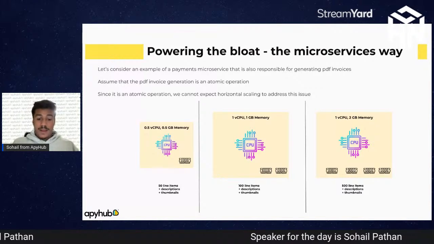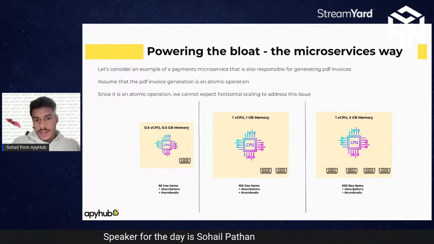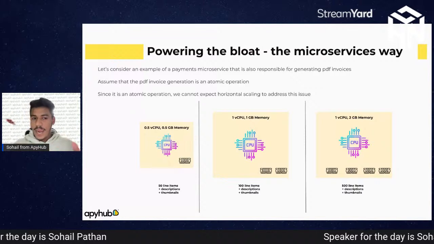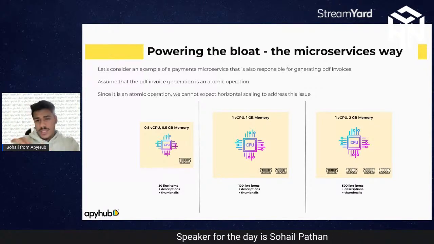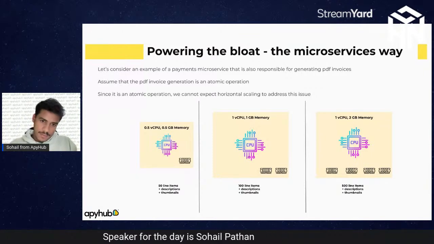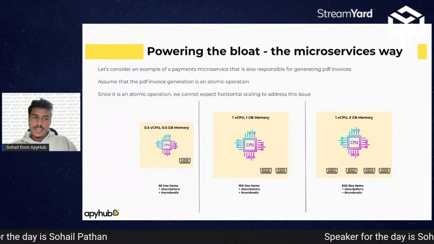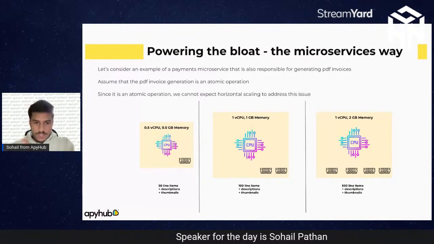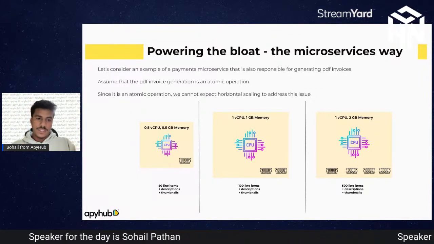Now what happens? We know that we have 50 items right now. If we get the order of the 50 items, that would get catered in 0.5 vCPU and 0.5 GB of memory, which is more than sufficient for us. So we are creating a small microservice which will be responsible for that. We are allotting that much resources to it, and it would be sufficient for us.